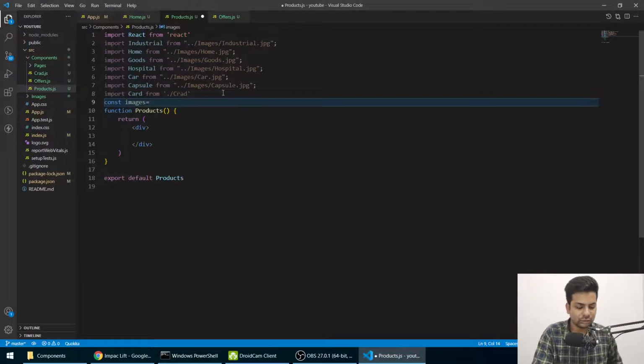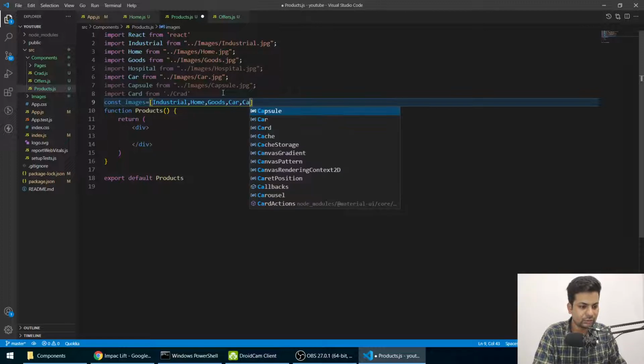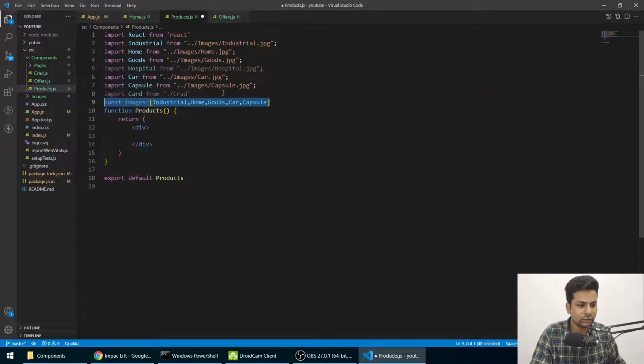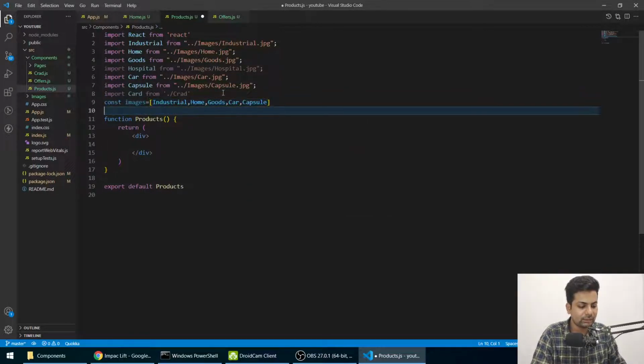Images equals to, what are the images? We have industrial, then we have home, then we have goods, then we have car, then we have capsule. Yeah, now same for the copy with the title part, and we'll say const titles, and we'll just change it to string.